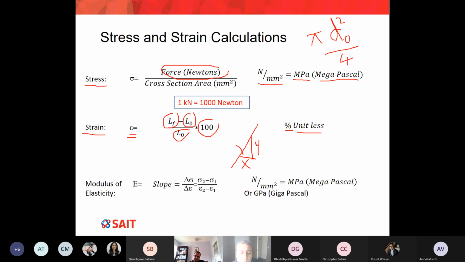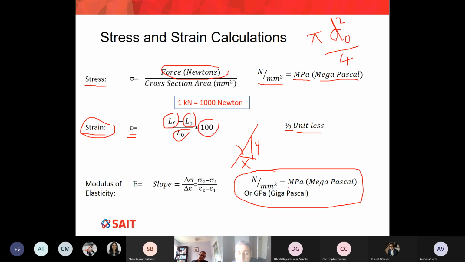So let me ask you, what are the units of the modulus of elasticity? Any help? The modulus of elasticity, by definition, is the slope of the line between stress and strain. The stress is in MPa and the strain has no units. So you can see here the answer. I'm asking a question while the answer is on the screen. That's funny. Anyway, the modulus of elasticity is measured in Newton per millimeter square, same as the stress,